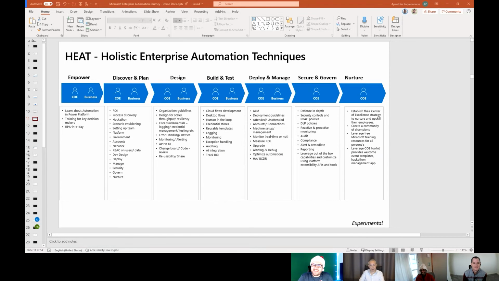All right, so just to recap, we have talked about empower, discover, plan, and design. So let's see how we can really walk the talk and bring all those principles, at least partially, into a demoable state with an end-to-end scenario, which has been coming from a real world scenario, touching almost all facets of the Power Platform, but also the ecosystem around Azure and many other of these components we had discussed before. So if we look at build and test,